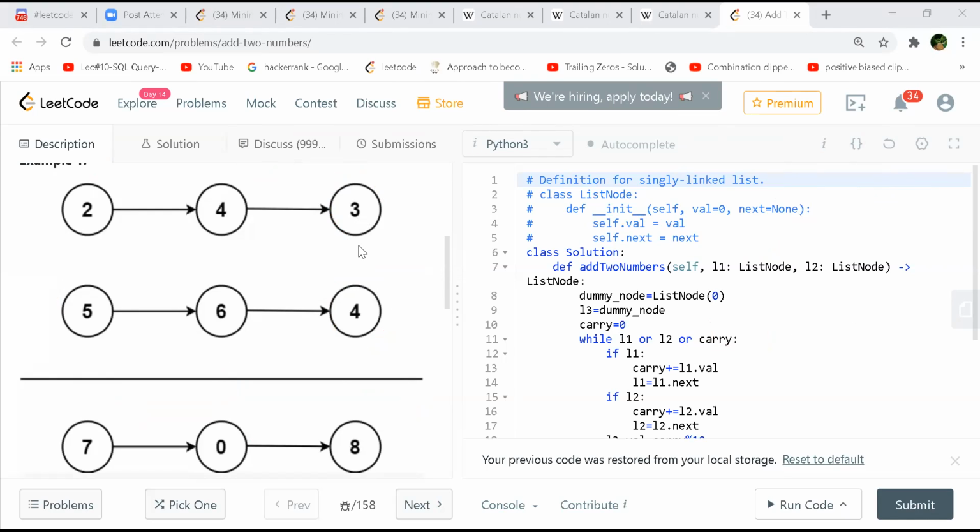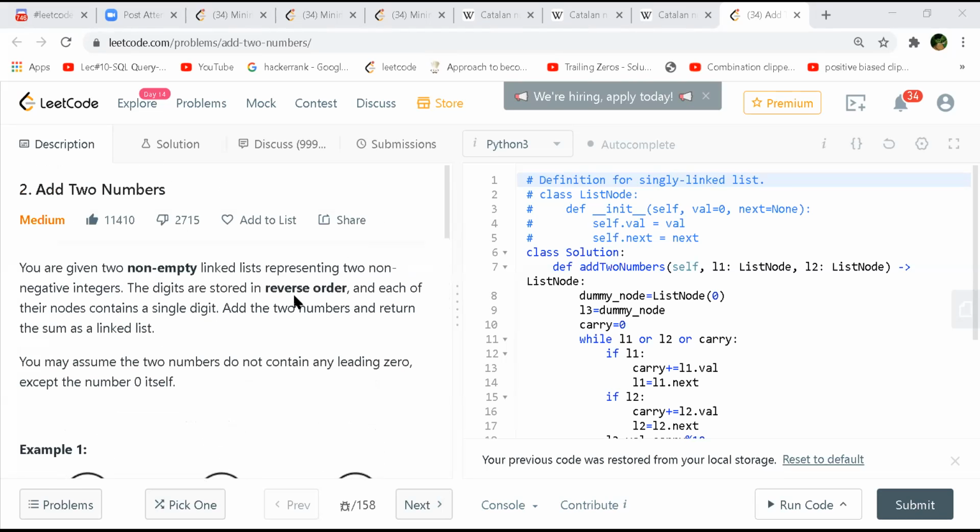And then when we do it, it becomes a very simple addition. When we add, we take a modulo and assign it to the node's value, or we take it forward with the carry. Whenever we are adding two node values, we also have to take the carry and add it along with them if the carry is not 0.